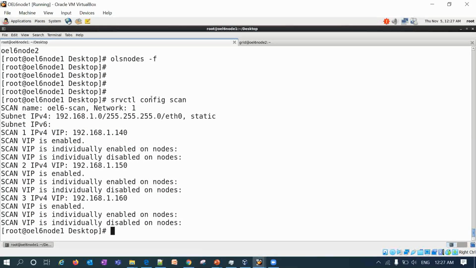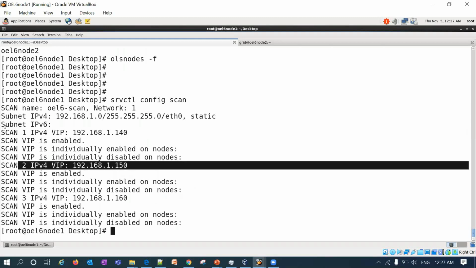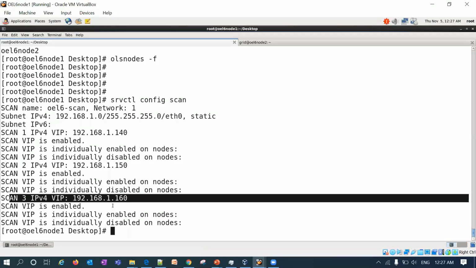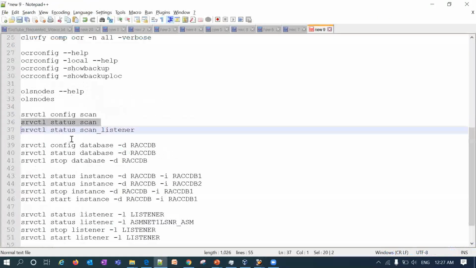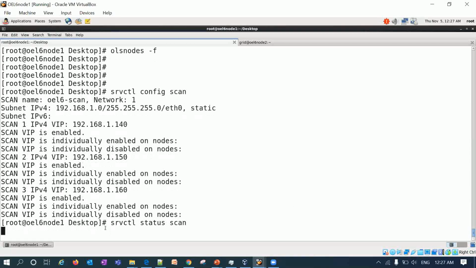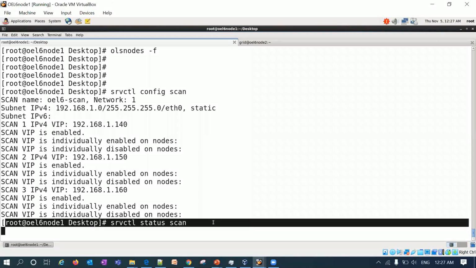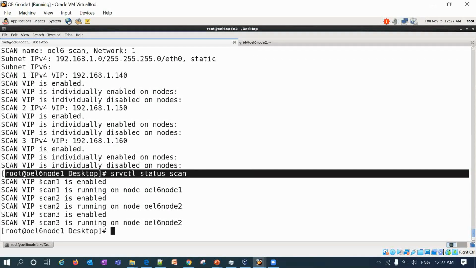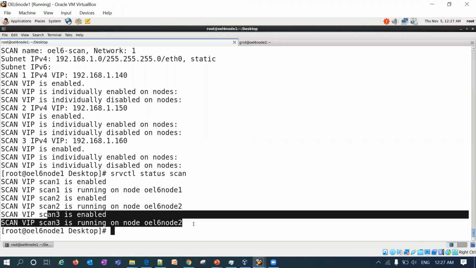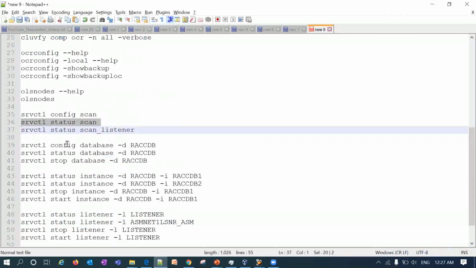You can see SRVCTL config scan, scan name, the subnet and subnet IPv6, and scan 1, scan 2, and scan 3, and whether it's enabled or where it is running, everything. If I do status scan, you can see scan 1 enabled, running on node 1, scan 2 enabled, running on node 2, scan 3 enabled and running on node 2. Everything you can do.